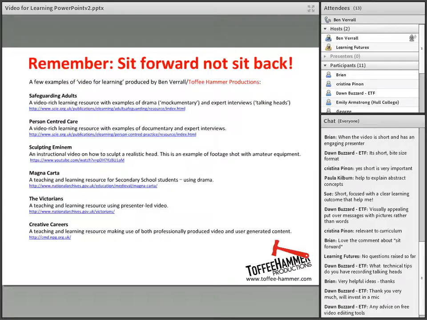Dawn's got a quick question there, which I can answer quickly. Both Windows and Apple Macs come with editing tools pre-installed. On Windows, it's Windows Movie Maker, and with Apple, it's iMovie.